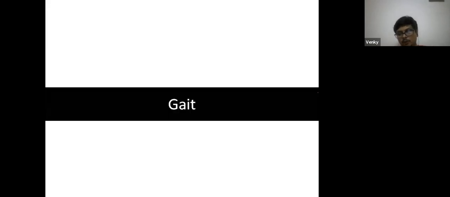Then gait. Gait, posture and power I will take in some other class. In gait, you see circumduction gait in hemiplegia, scissoring gait in paraplegia, that is, a lesion on both sides presenting with the scissoring gait. Then drunken gait in cerebellar lesions, high steppage gait in posterior column disease or peripheral neuropathy, stamping gait also in posterior column. Then festinant gait in Parkinsonism, magnetic gait in normal pressure hydrocephalus or frontal lobe diseases. So these are various types of gait. I will take them in a separate class.